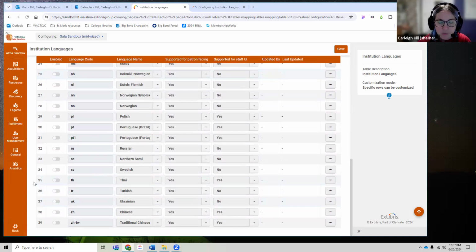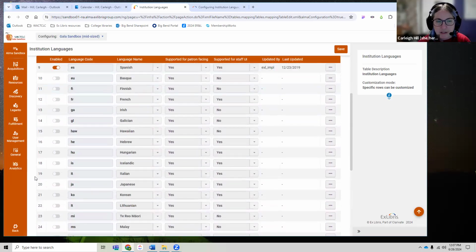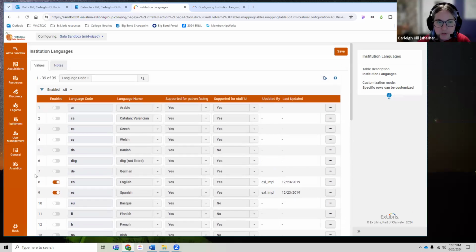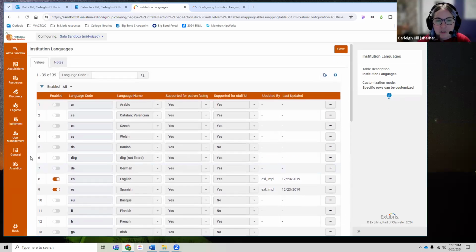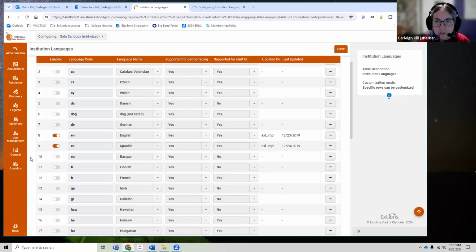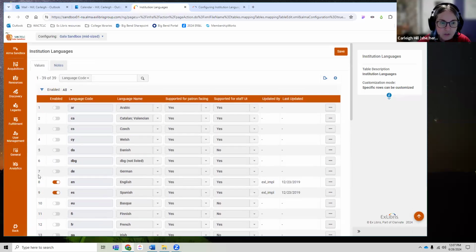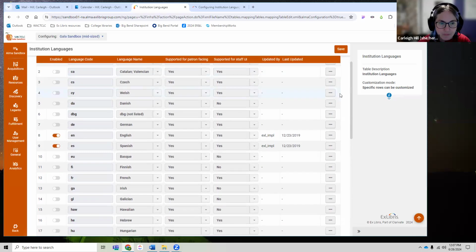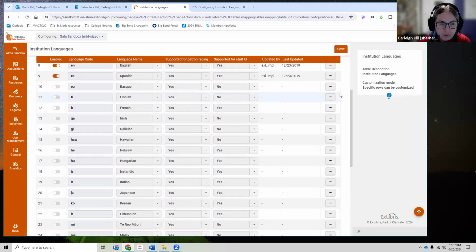Now, these languages will end up affecting the search language facets, the available Primo views. I'm not quite sure what else, but it's not just for Primo. So we have English and Spanish turned on, and if you wanted to turn on a different one, for example,